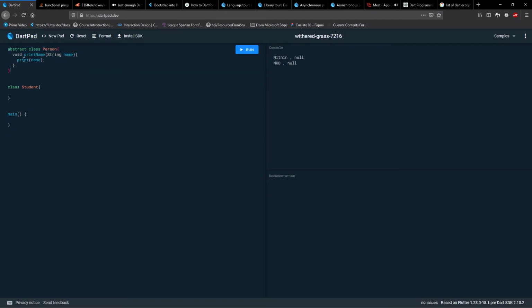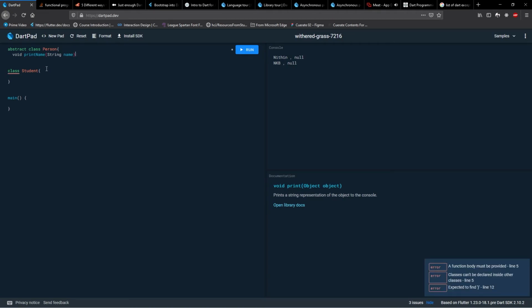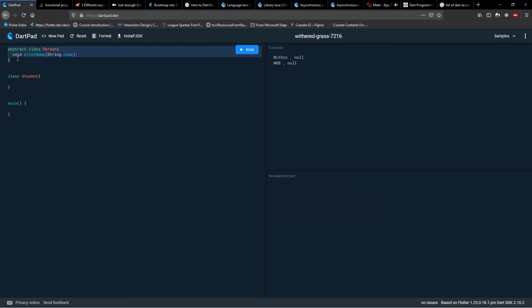Okay, printName. So this is called an abstract class. What this abstract class does is it tells you what functions you should use, but it doesn't tell you what you should do with that function.